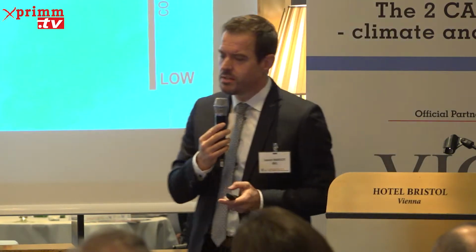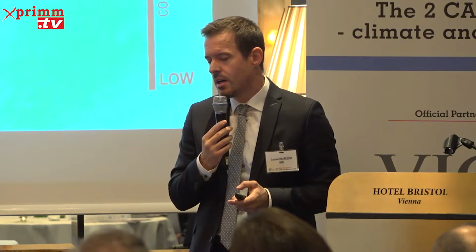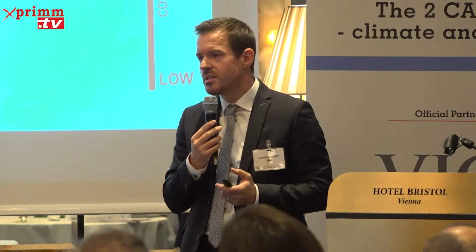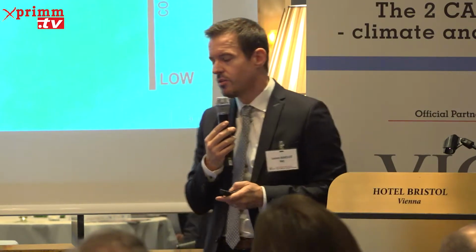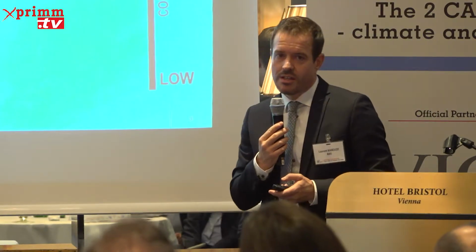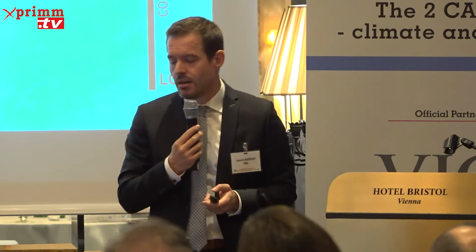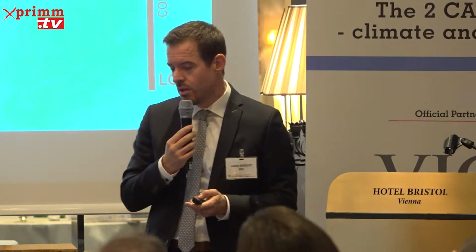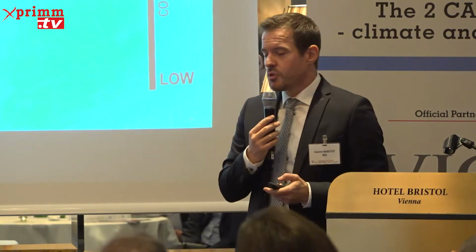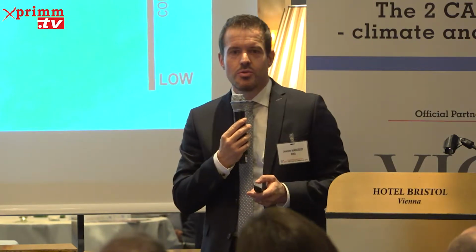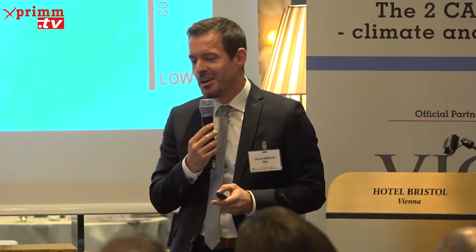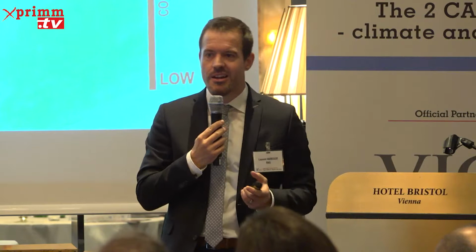At RMS, we just released a US wildfire model, and it's clear that with the change in precipitation and wind pattern, wildfire risk is likely to increase in the future. Inland flooding is also another candidate because of the change in precipitation pattern and distribution. Then, of course, one of the big concerns for the insurance industry is tropical cyclone, hurricane in the US. Here, of course, the signal is a bit less clear because we have the sea level,